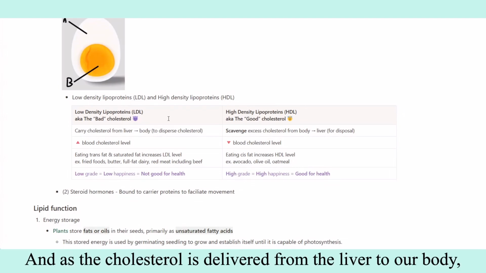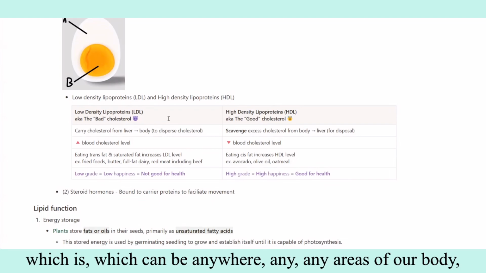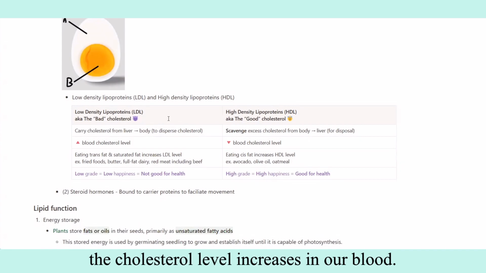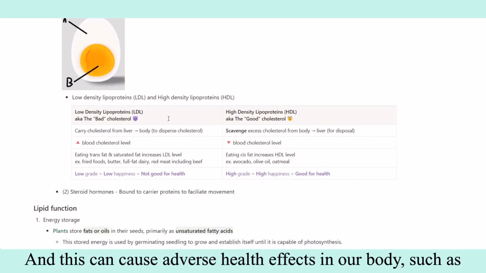As the cholesterol is delivered from the liver to any area of our body, the cholesterol level increases in our blood, and this can cause adverse health effects in our body, such as strokes or